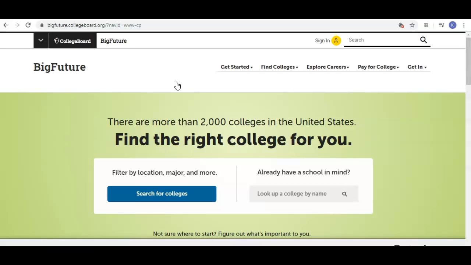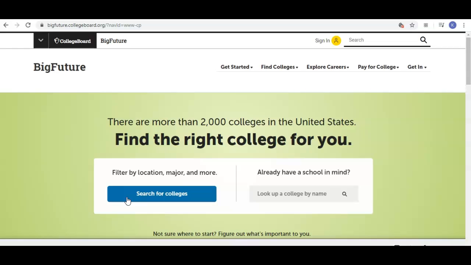There are two things you could do here. The page always looks different every time I go on it. Anyways, there are more than 2,000 colleges in the United States. You have to find the right fit. If there's a school that you already know you want to look up, you can place the school's name there and look up the information. That's not what I want you to do yet. One of the things I really discourage, and we're going to talk about best fit next week probably,